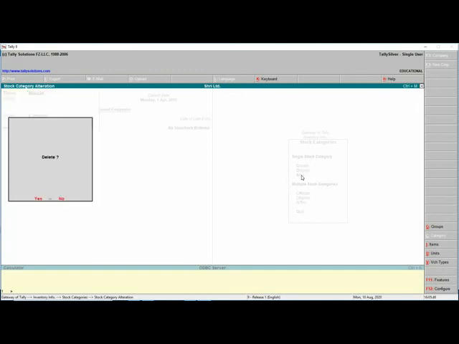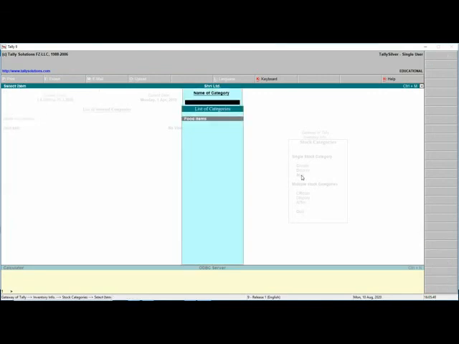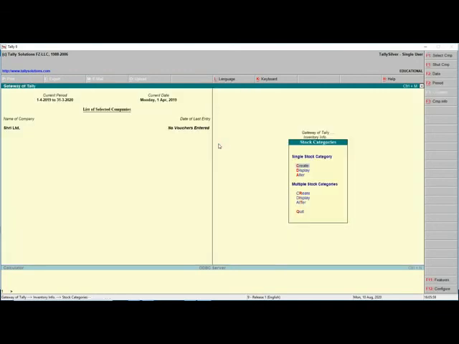Press Alt D. Press Y. The category will get deleted. Deletion can be done only in single mode, not in multiple mode.